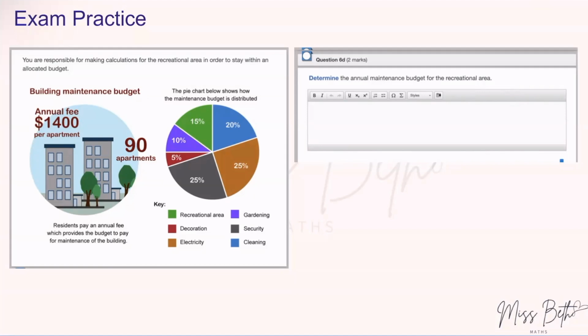And then we are asked to determine the annual maintenance budget for the recreational area. Okay, so first things first, you actually need to know what the overall budget is that's available. Okay, so the annual fee is $1,400 and we know that there's 90 apartments. So my first calculation that I would want to do here is 1,400 multiplied by 90, which gives me